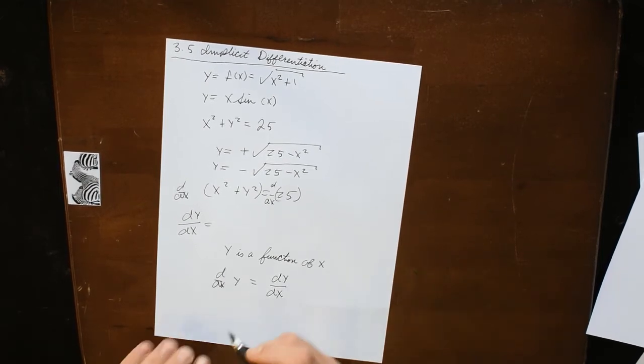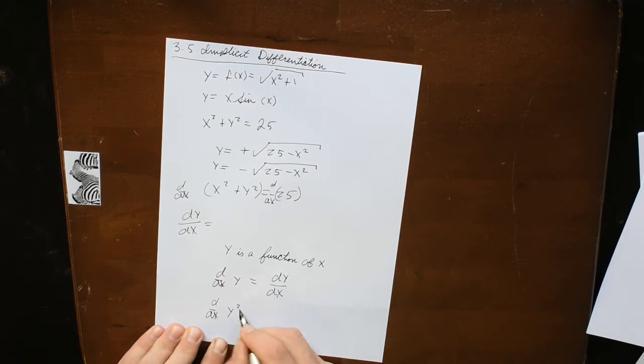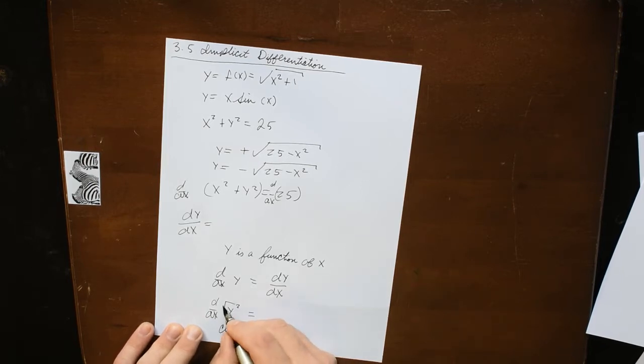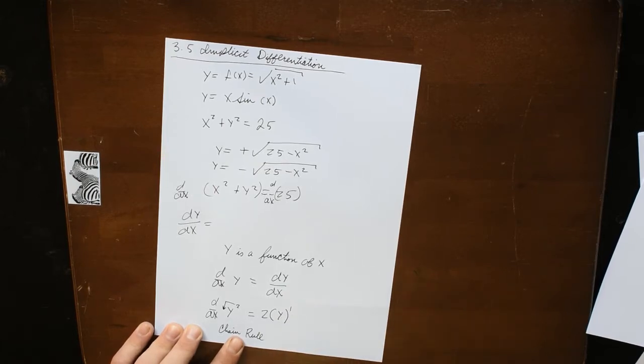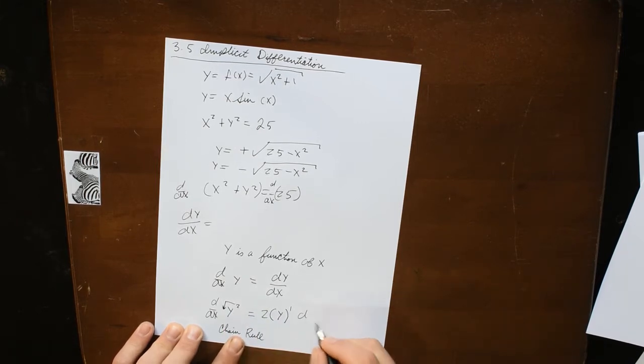So we're going to be doing things like taking the derivative with regards to x of y squared. This is going to just be a chain rule where we take the derivative of the outside, the power is going to come down, 2, the inside is going to stay the same, our exponent is going to be subtracted by 1, times the derivative of the inside, which is going to be dy